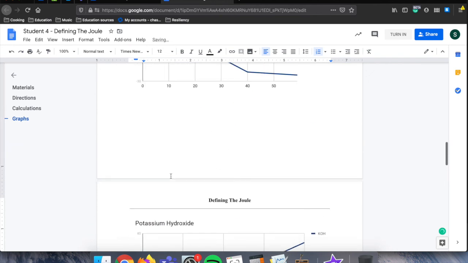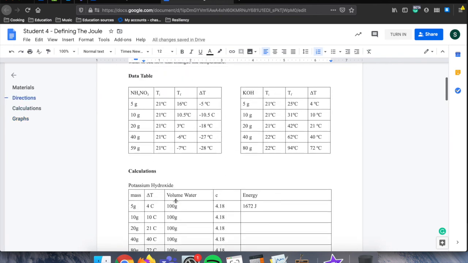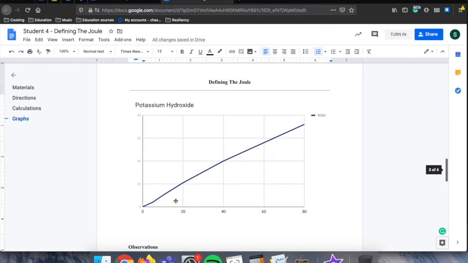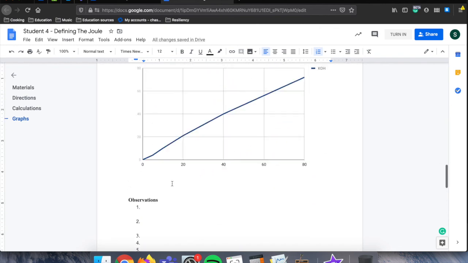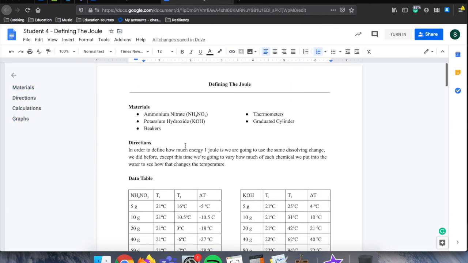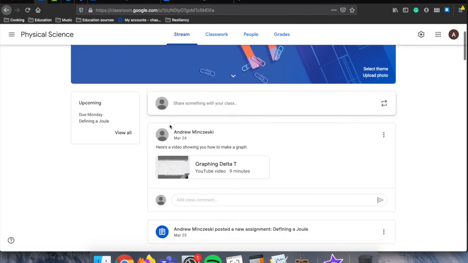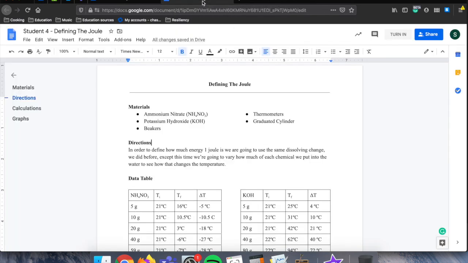All right. So once you've done that, once you've got your calculations done, once you've got 5 observations and 5 questions, you can go ahead and turn it in. If you've already turned it in, you were not supposed to. I did not tell you to do that. And I will go ahead and release it back to you. I'll return the document back to you so that you can re-turn it in after making